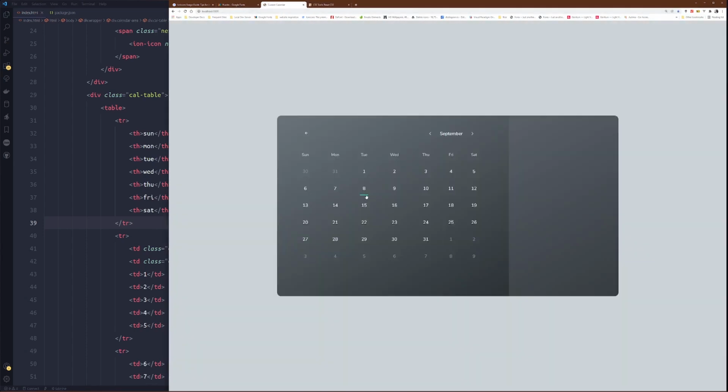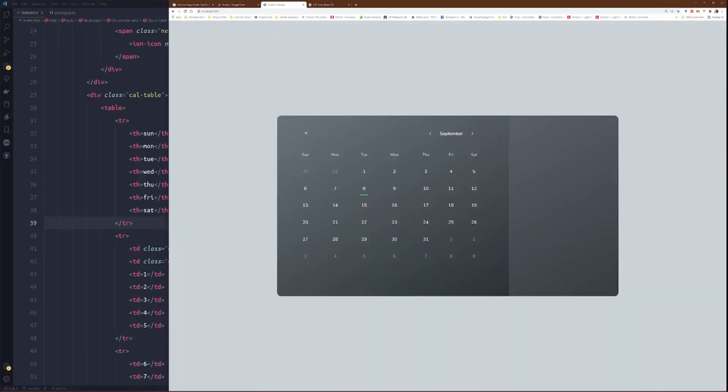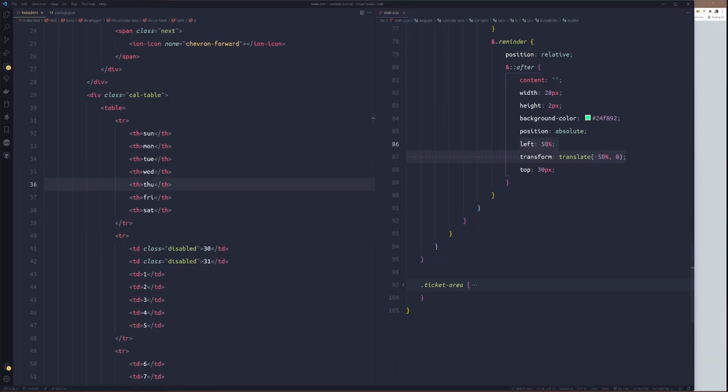So we'll just center. Now we need to target. Okay. We'll target these three first.